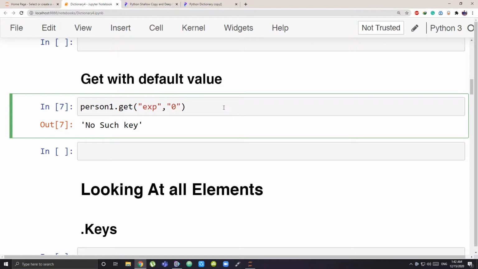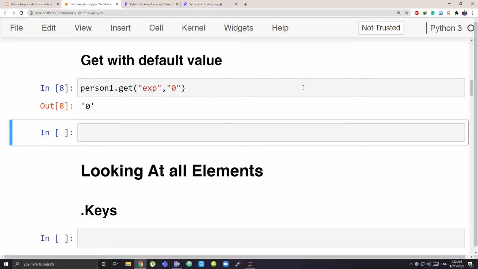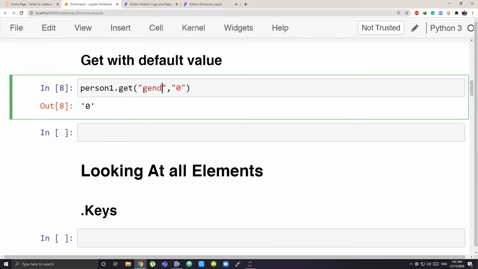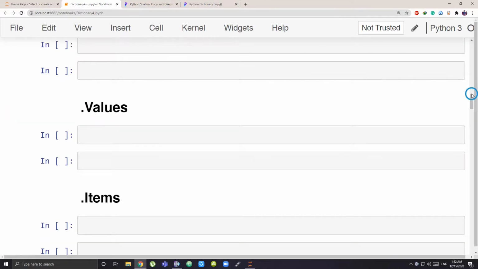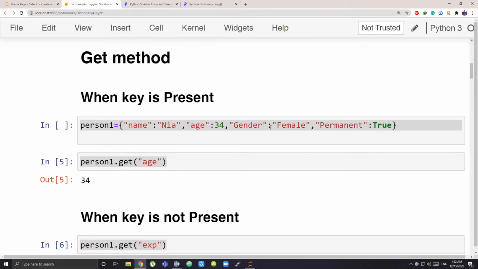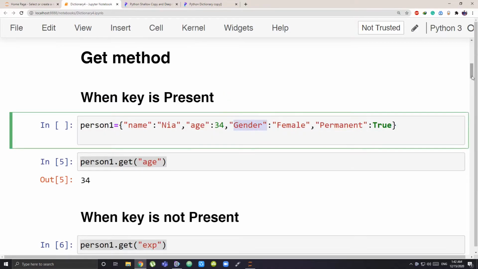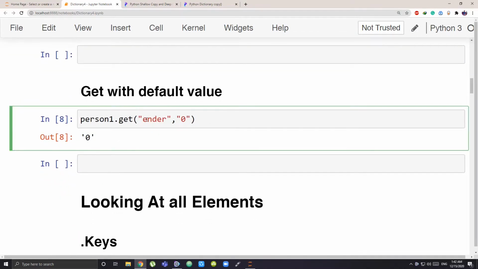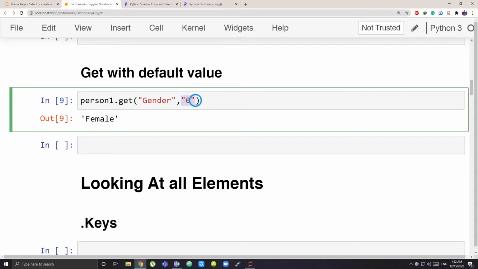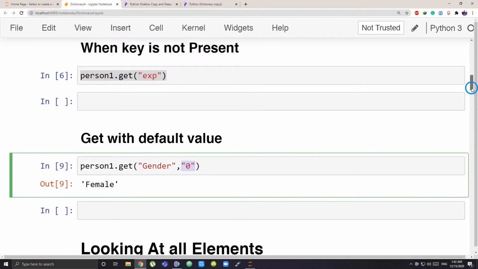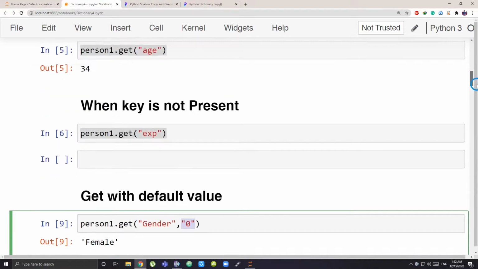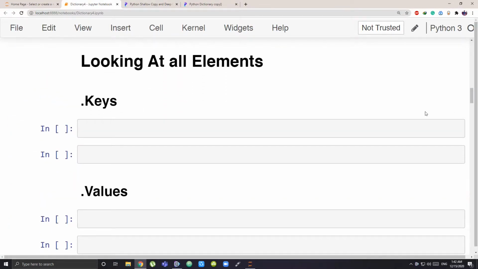You can have anything set as the default value, and suppose I print here gender, because gender is something that is already there in our dictionary. If you see over here, we have the gender key, so obviously I should have it with a capital G, and then I run this. So the second parameter is not of any use. It found gender, it printed the value of gender, but if it was not there, then it would print the next parameter that I have passed. So that was how you can access your contents. Next comes looking at all your elements.